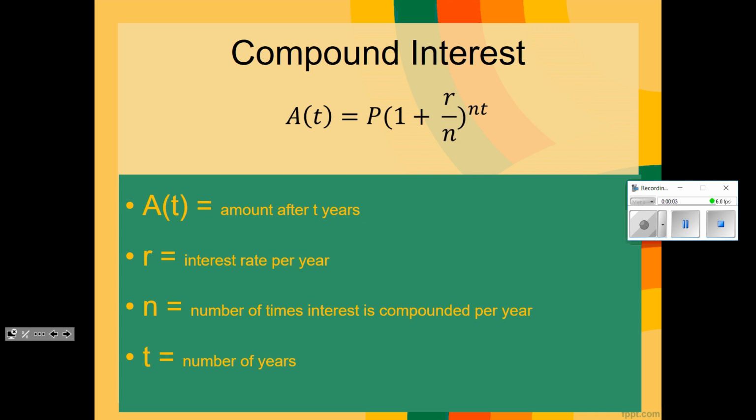From where we left off yesterday, we were just starting to get into compound interest. A at T is the amount after T, which is in years, a set number of years. R is the interest rate per year. N is the number of times the interest is compounded per year, and that's what we're going to explore first. We talked about if you only compound it